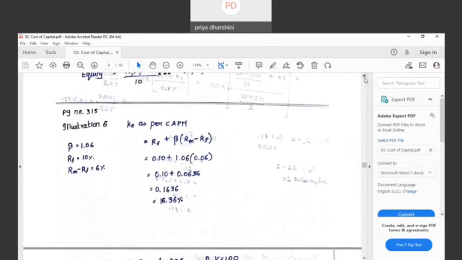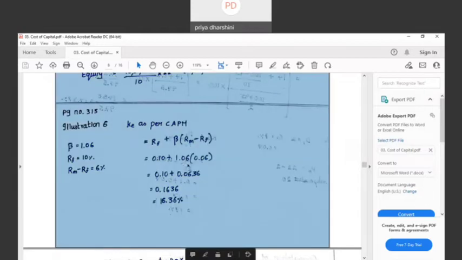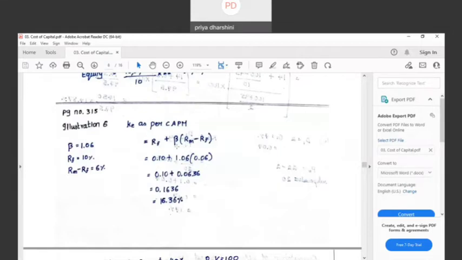Right. How do you measure the cost of equity? It is RF plus beta into RM minus RF. How much is RF? It is the return which is risk free. That is 10%. It is on treasury bonds. Plus beta. How much is beta? It is given as 1.06. They have told stock market risk premium, RM minus RF, is straight away given to me. Risk premium is RM minus RF, which is given as 6%, which is 0.06. So you get cost of equity as